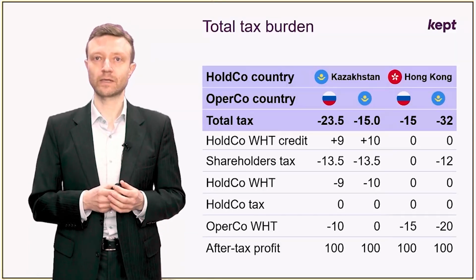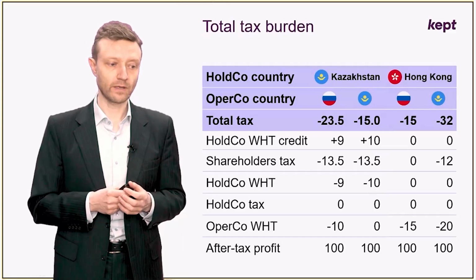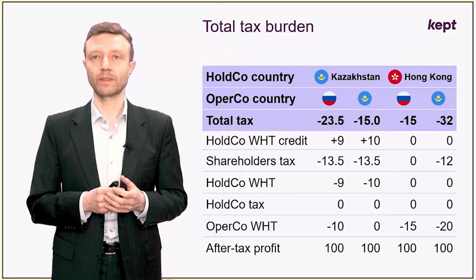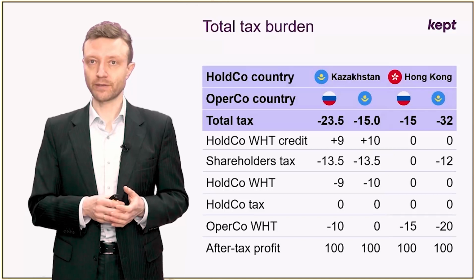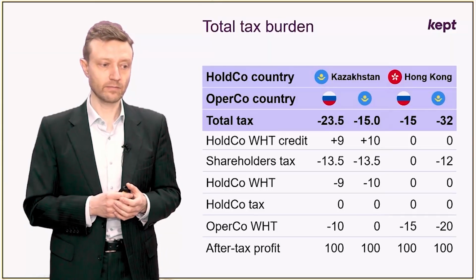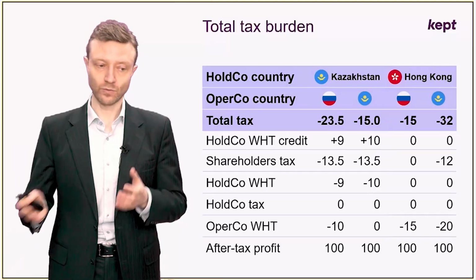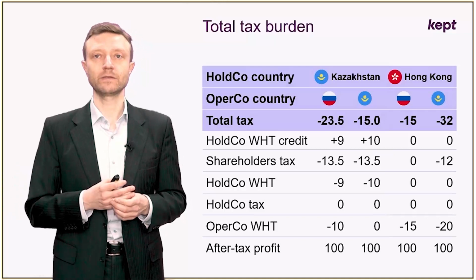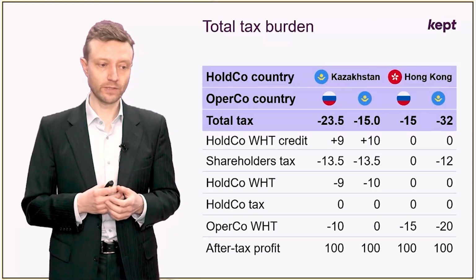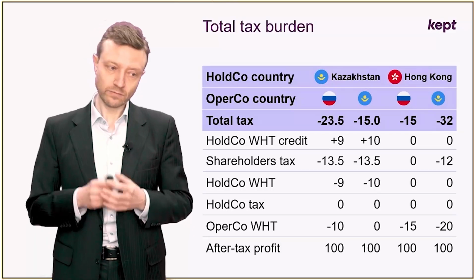Unfortunately, Hong Kong is blacklisted in Kazakhstan. This is why there is going to be increased withholding tax when dividends are paid by the subsidiary in Kazakhstan to the holding company in Hong Kong. And then, shareholders are also going to pay 15% on what remains, on what is paid out of Kazakh profits through the Hong Kong company to the shareholders, and the total tax burden is 32 units, which is not as